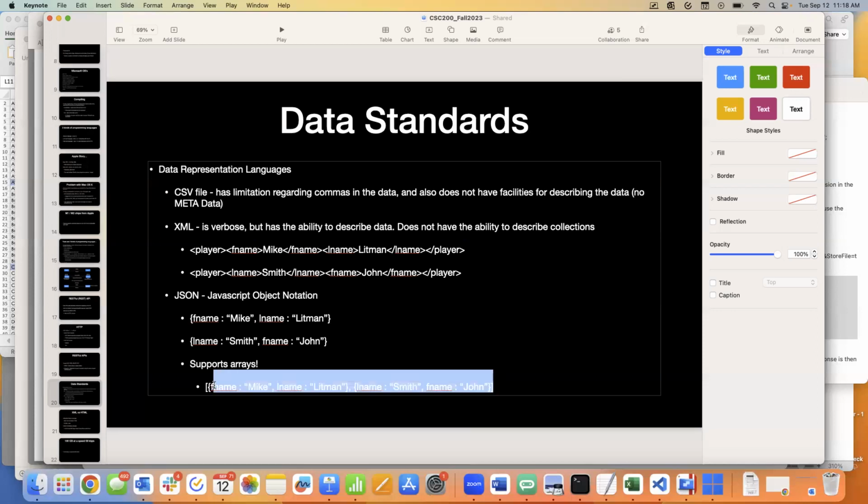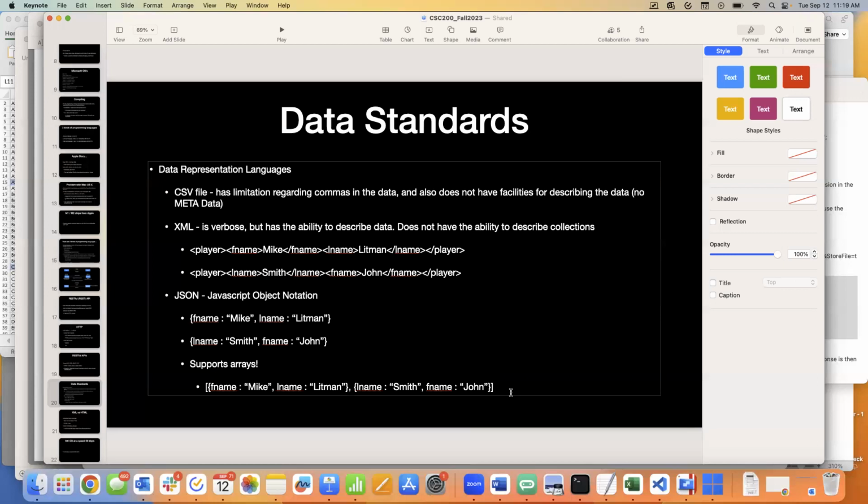It's an improvement, right? But that format was born inside of JavaScript, hence the name JSON. And brought over to say, hey, we can use this to represent data. It's just a bunch of name value pairs. Make some sense? All right. And it also supports collections, even though, like I said, we could pull that off with XML.